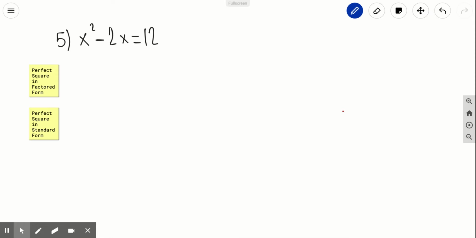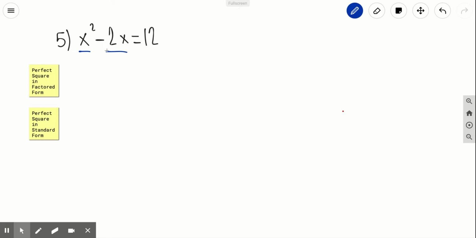Let's start with question 5. We have x squared minus 2x equals 12, and we need to figure out the value of x. So our first step is to find a perfect square for which x squared and negative 2x are the a